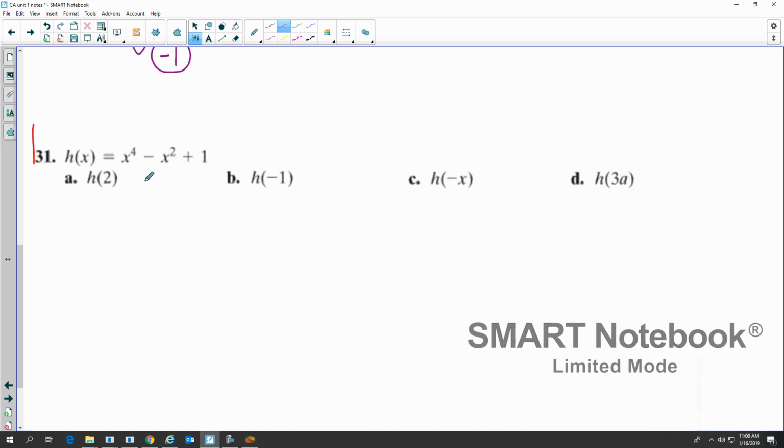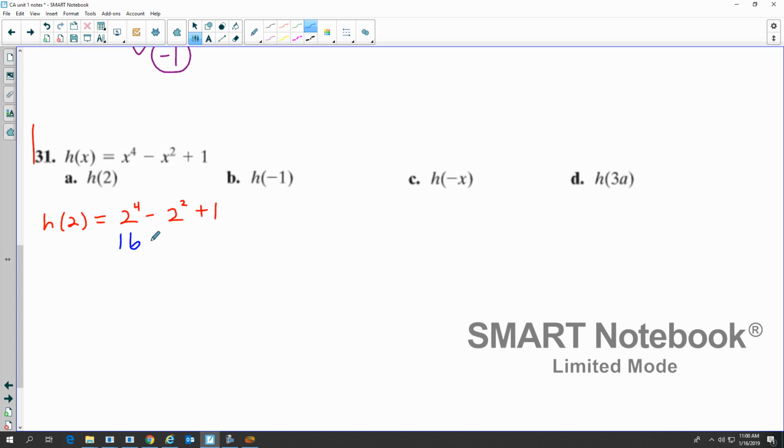And so we're dealing with another polynomial. This time we have a fourth power, x to the fourth power minus x squared plus 1. So we'll go ahead and start with part A right here. So h of 2. So you're going to get 2 to the fourth power minus 2 to the second power plus 1. Okay, so 2 to the fourth power, 2 times 2 times 2 times 2, we should end up